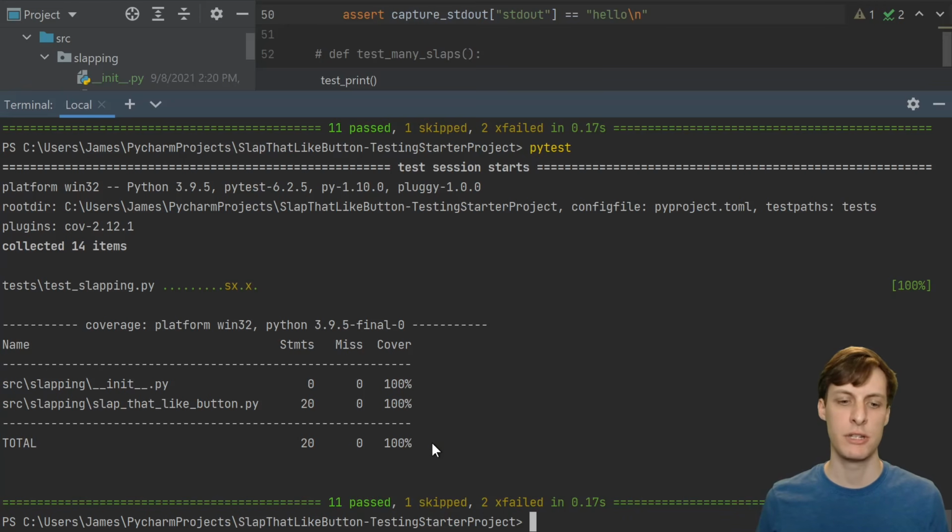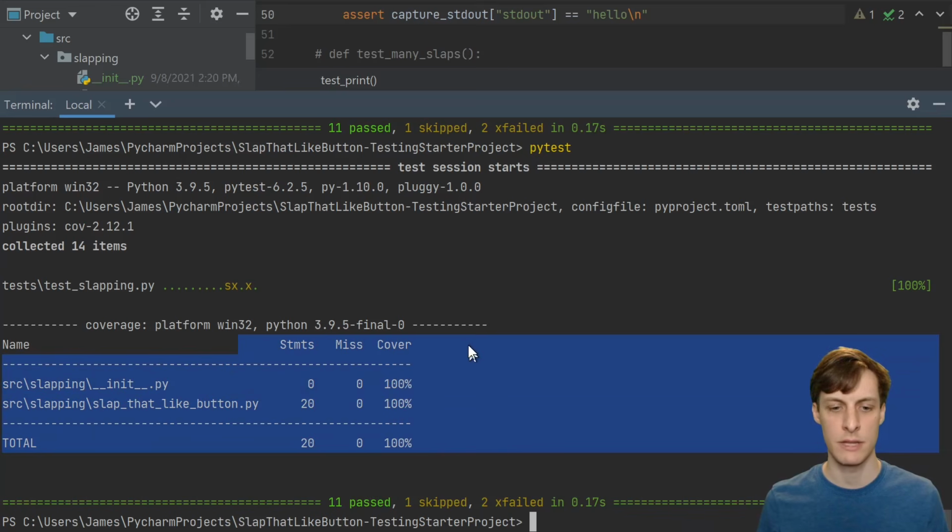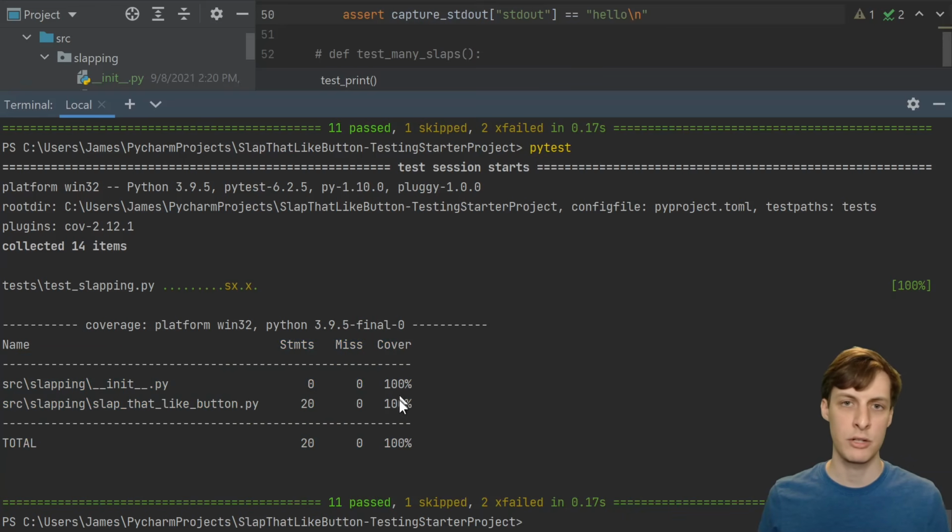One thing I haven't mentioned yet is this down here. This is called the coverage report. This is printed out because we put a --cov in the configuration. You can see that my tests cover 100% of the source code. What this means is that all of my tests combined touched every single line of executable code in my source. If this number is less than 100, then that means some part of your code is untested.